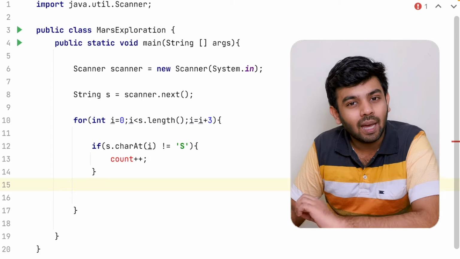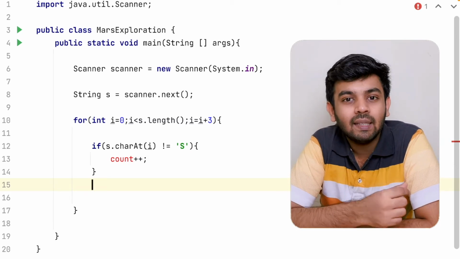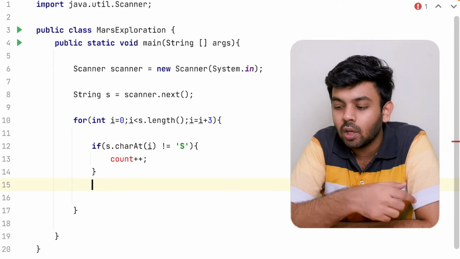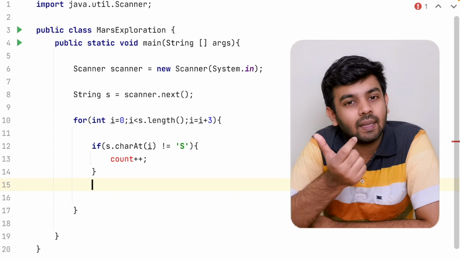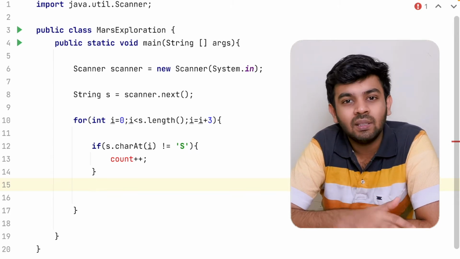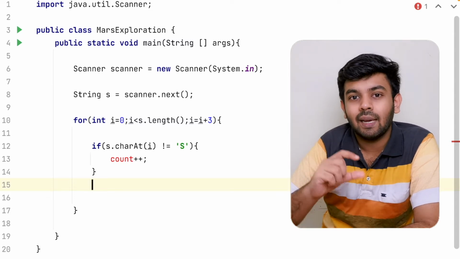For every segment, i is the first character, i + 1 is the second character, and i + 2 is the third character. So I'm just checking if the character at i is S.